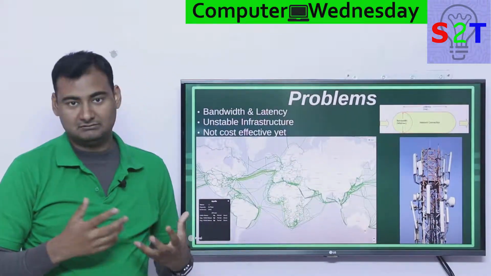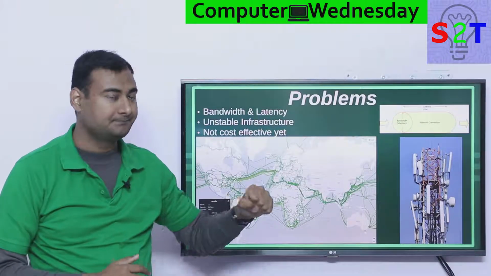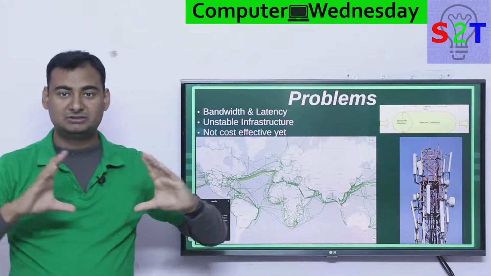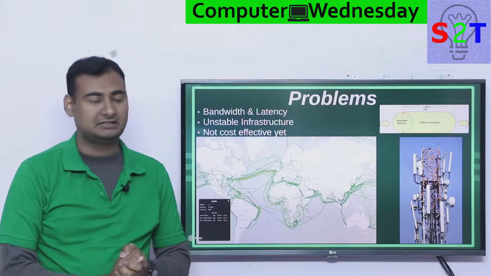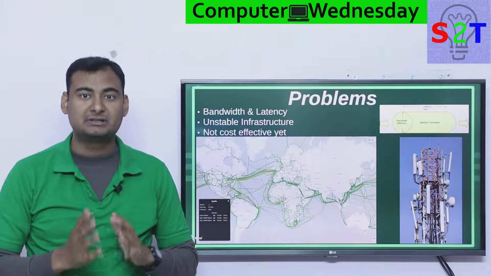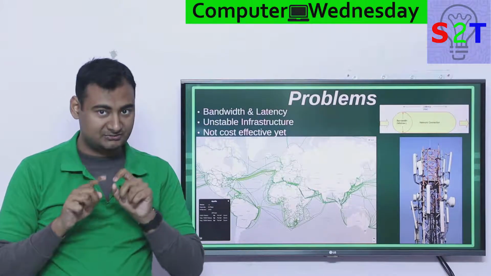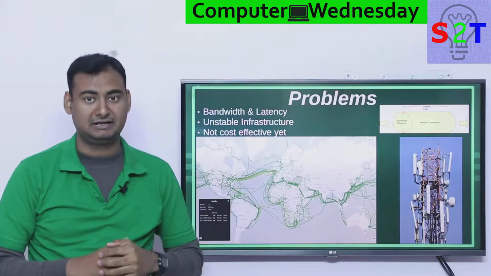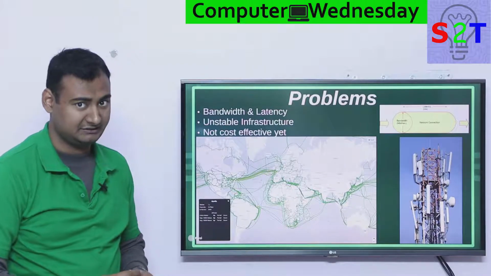So if it's this amazing, is there any problem with that? First and biggest problem is bandwidth and latency. Now bandwidth, think of it this way: how thick your pipe is. Basically, the thicker the pipe, the more bandwidth you get. Generally rated in megabytes per second. To give you a context, your hard drive generally works at more than 100 MBps. And this is capital B, not small b, so it is 8 times that. So a very thorough amount of bandwidth is needed for this.